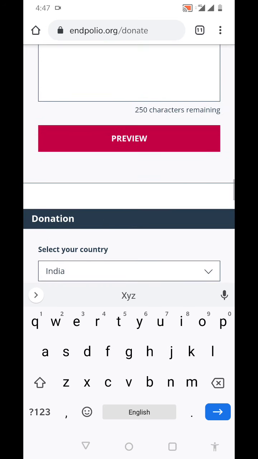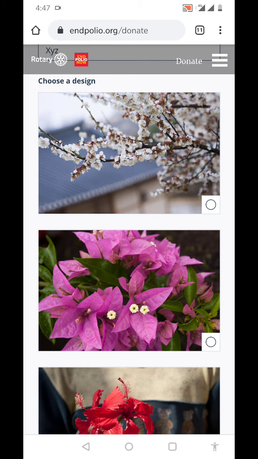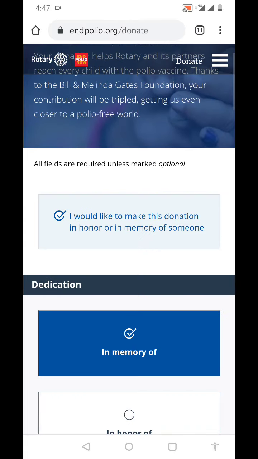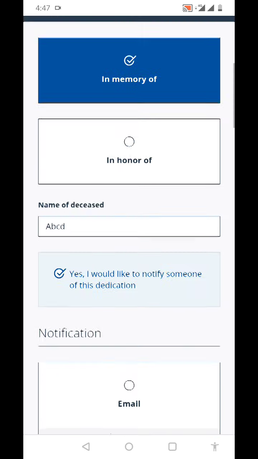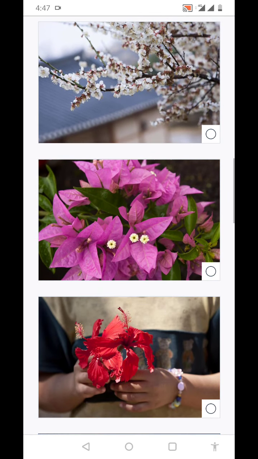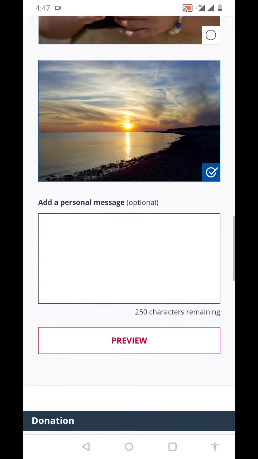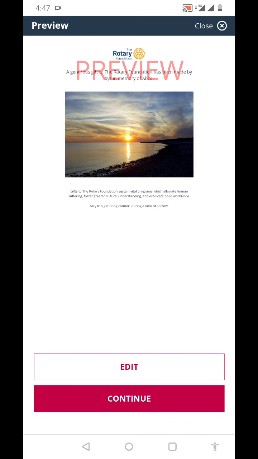This is just for a preview. When you have the preview here, you can see this kind of email and this kind of print will come.